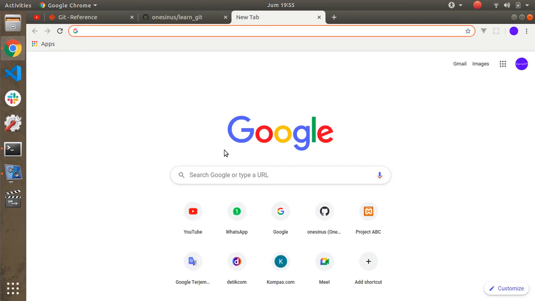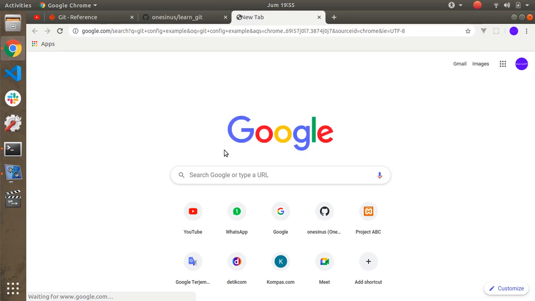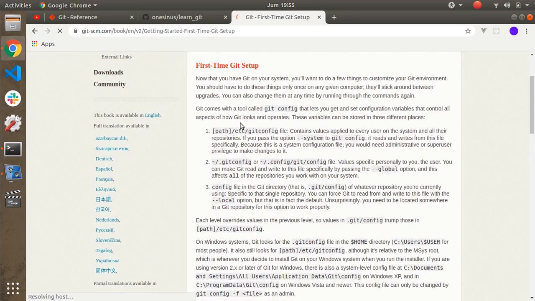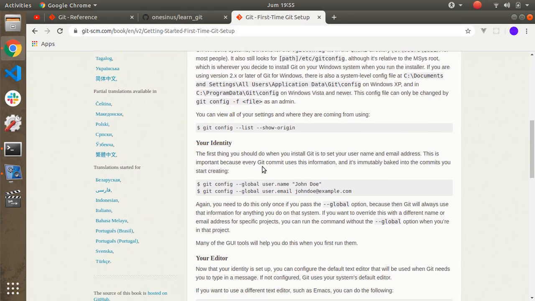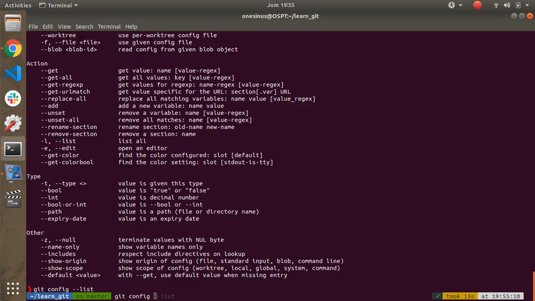We can set git config. For example, you can set email and username. Getting started, first-time git setup. You can run this command, git config --global user.name. Let's say my name is Onesimus.